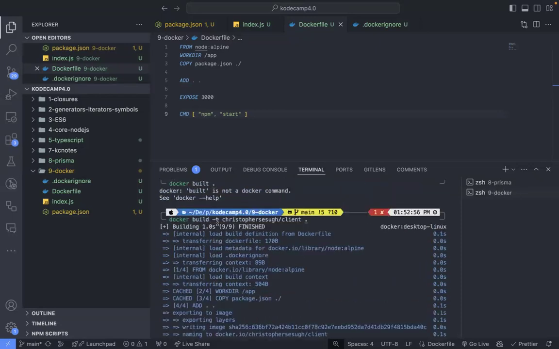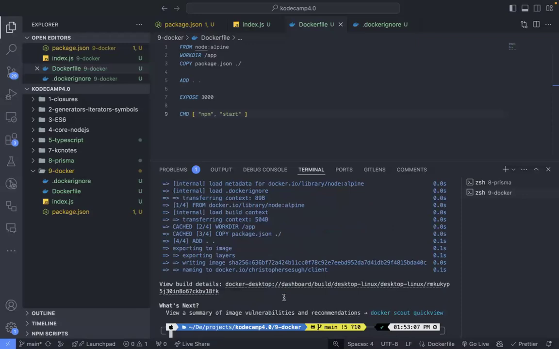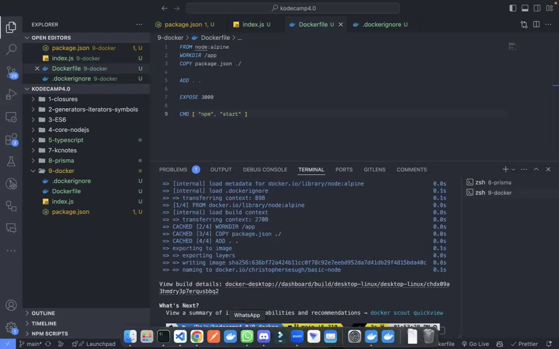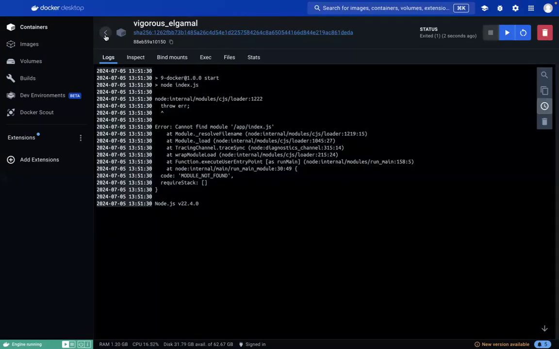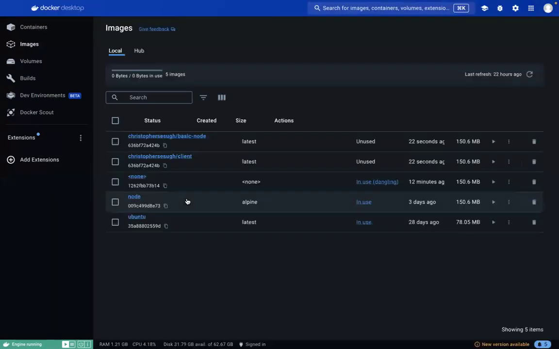Okay, I was making a mistake here. Not client. Where's the client? I've tagged the name as client. Okay, let's see. Basic node. So now we build this app. Now if you come over to the images here, in the images, we have